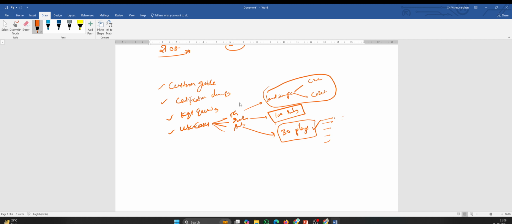For each playbook, the explanation will be there: the scope of the playbook, requirements, procedure of creation, development, and testing. All this we are going to explain for 30 playbooks.